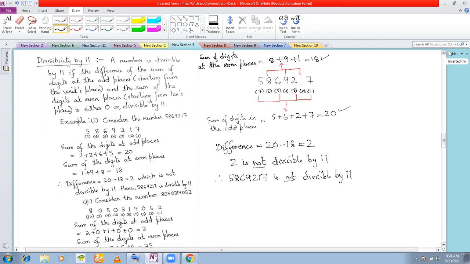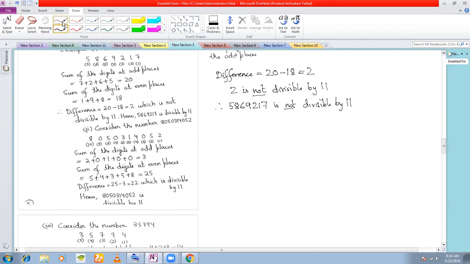Okay, any questions from divisibility by 11? No, sir. Then we take another example. Consider this number 80503144052. It's a big number. So in order to check for divisibility by 11, starting from the right hand side, we arrange the numbers in serial order. First is first position, second, third, fourth,